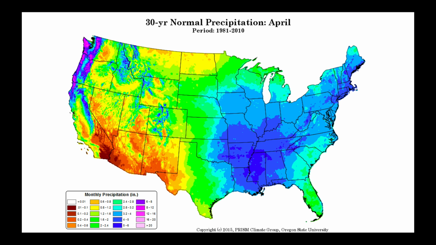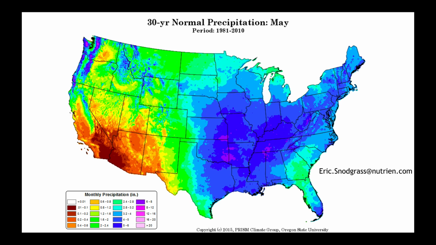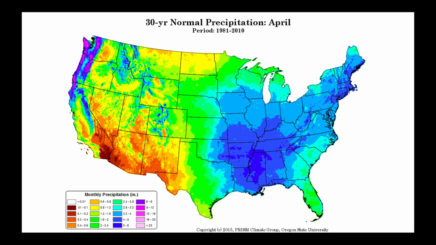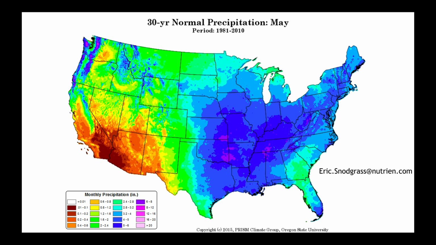Now, what I want to do is I'm going to flick over now to what it is for May. If we kind of go back and forth there, you can see some interesting changes that happen across the United States. For example, when you go from April to May in the eastern part of the country, it tends to get quite a bit wetter. But in the western part of the United States, here's April again, going over to May. This is when we start to see the real beginning of our dry season. And it tends to last about 5 months here across the western part of the United States.